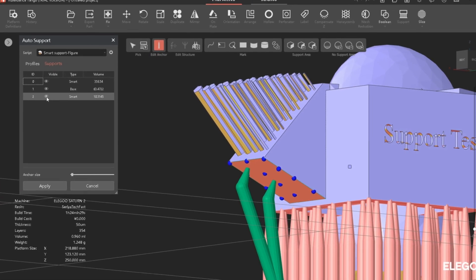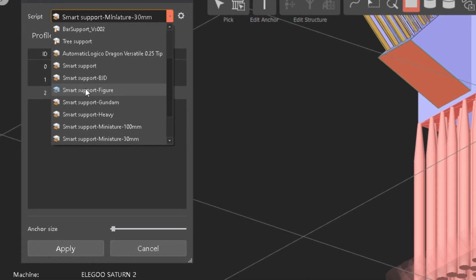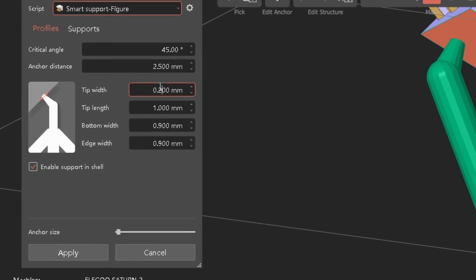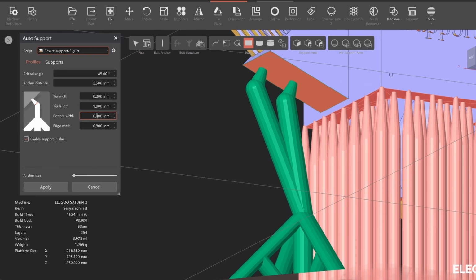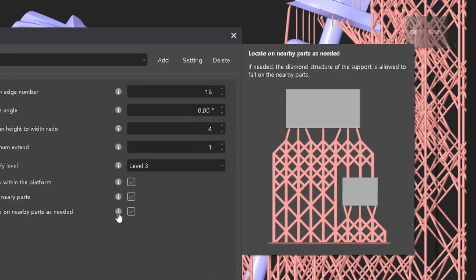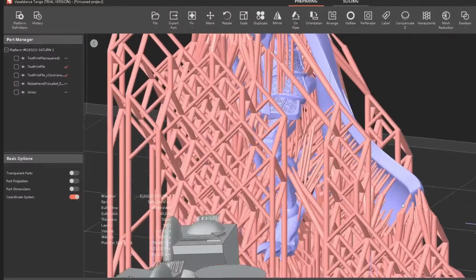Furthermore, you can easily add different types of supports to the model by selecting a group of areas and applying a specific support to those structures. At any time, these individual group settings can be changed and updated. A great hidden feature is the ability to have supports move around objects and control just how close they remain to the model. I wish this was a standard in all slicers, but this is the first time I've seen it implemented in resin printing.